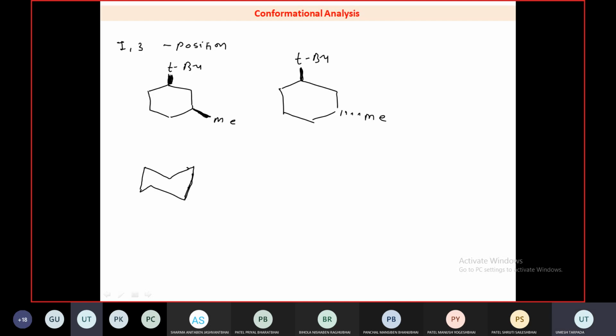So possible here, both are there. These two are in the same direction, so you can put this bulky group at equatorial first, in both the cases. Now at number 3 position, you want a group which is cis, in the same direction. So you can write it here at equatorial, because if you extrapolate this line, both the lines go into upward direction. So this is the equatorial geometry. But here you want these two groups to be trans to each other, so you can put it here accordingly.